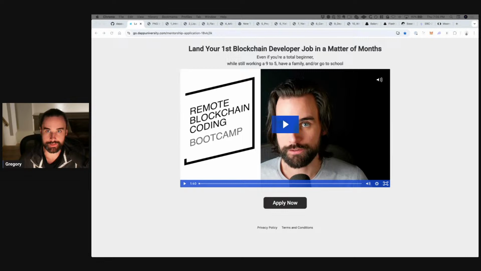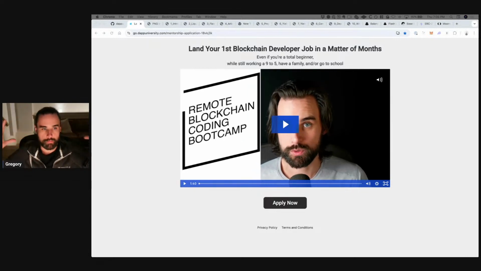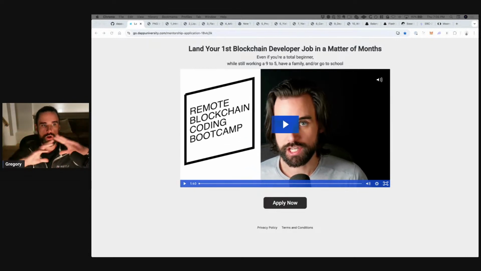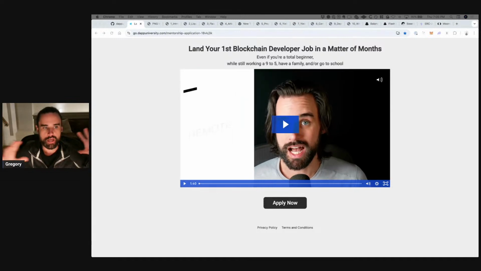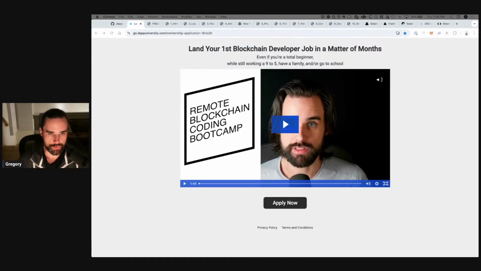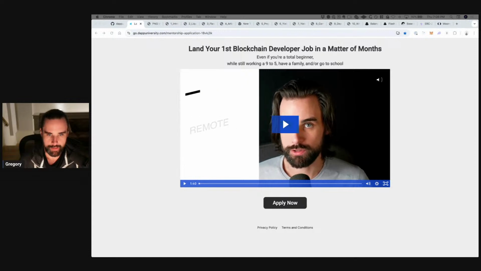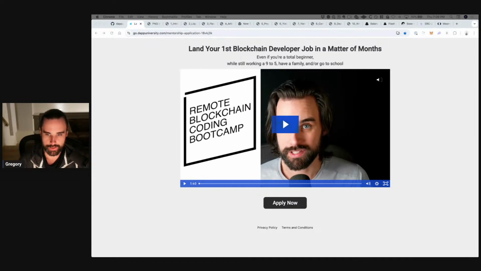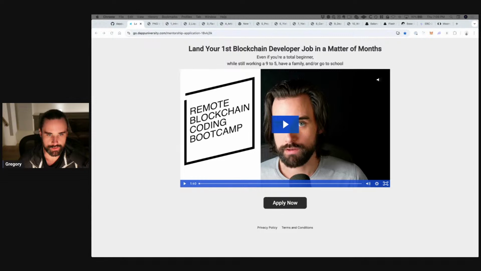But this is an awesome thing to learn how to do, to really open up your mind to see what's possible with blockchain, what blockchain developers can do. And you can see that from what we're about to show you. So with that being said, I think you're going to get a ton of value out of this presentation. So let's jump in and get started.